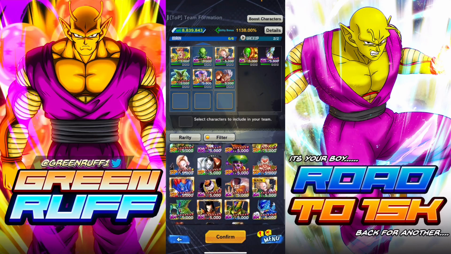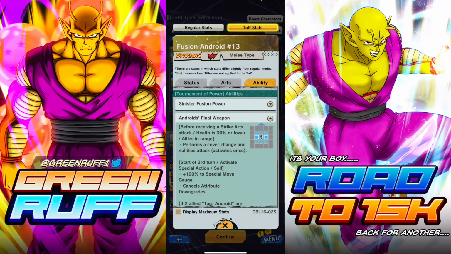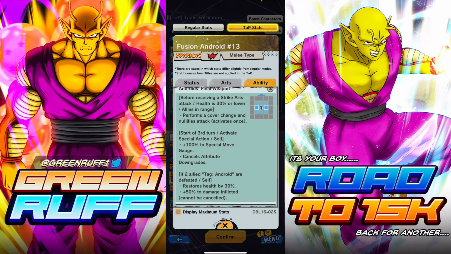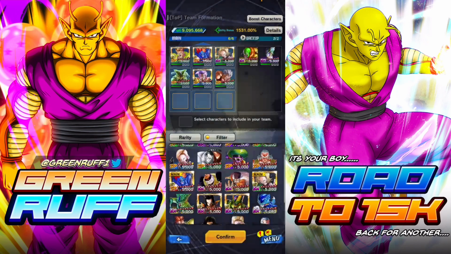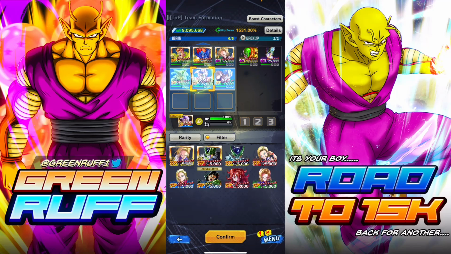Now, some other units that I'll probably talk about is this red Super 13. I think after the second turn, he gets a blue card, I believe. Yeah, at the start of the third turn, he gets a guaranteed blue card, which is really nice, really powerful. So, looking at here, in terms of healing, you definitely want to add this red